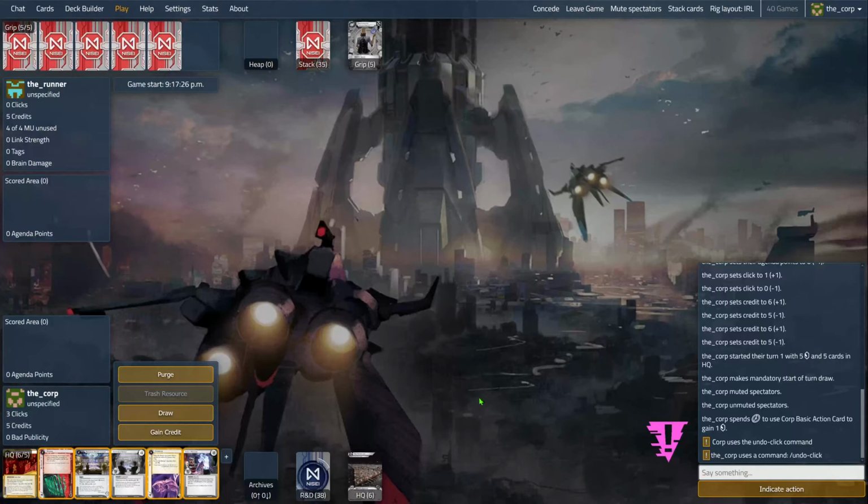What happened is, and you can see this hopefully clearly on the left-hand side of the screen right now, I have 3 clicks again and 5 credits. So that gain credit was reverted. And the same thing can happen with cards. I will probably just undo something later on just to show you how